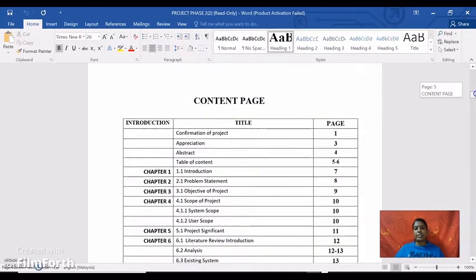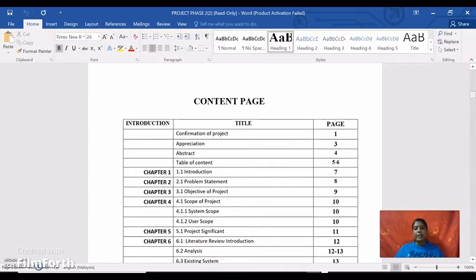Content of pages: page 1 is confirmation of project, page 3 is appreciation, page 4 is abstract, pages 5 and 6 table of contents, page 7 starts with chapter 1, 1.1 introduction, page 8 is chapter 2, 2.1 problem statement, page 9 is chapter 3, 3.1 objective of project, page 10 is chapter 4, 4.1 scope of project, 4.1.1 system scope,